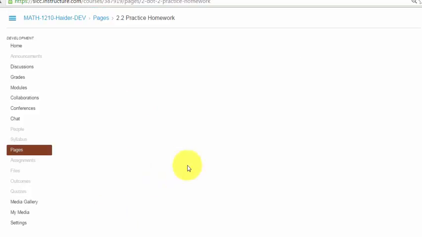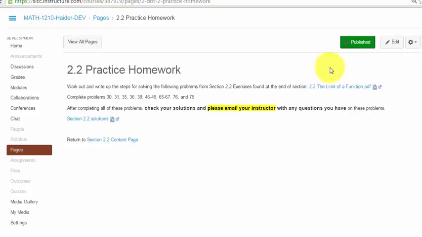M2, and it will take you to the practice homework page. There will be a link right here to the appropriate section of the book. It'll have the section material that will explain it, and then the exercises are at the end of it. And you're supposed to complete these particular problem numbers here, and you should do those in a notebook and show